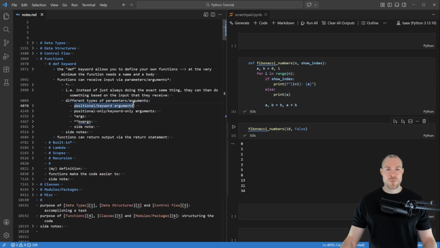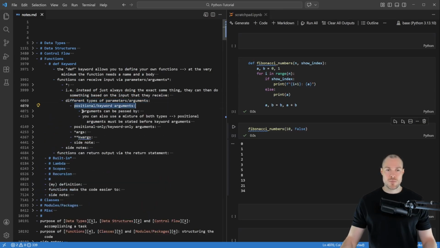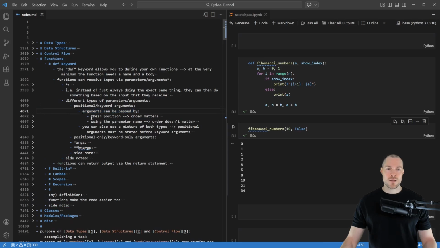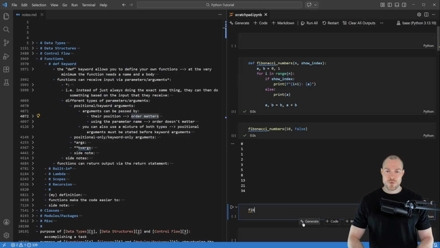And here the first note is about positional or keyword arguments. Namely, arguments can be passed by their position, so those would be positional arguments, and in that case the order matters. For example, in this function call, we specified the 10 and the false. So what happens is that this 10 gets assigned to the n, and the false gets assigned to this show index parameter. However, if we do it the other way around, then the following happens. Namely, if I say Fibonacci numbers, and then false, and then 10, then if I run this,